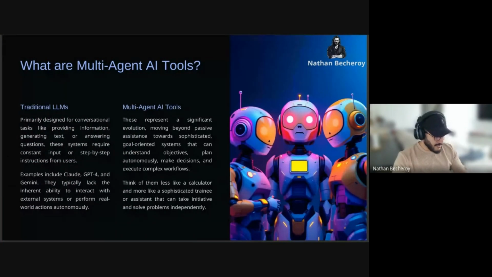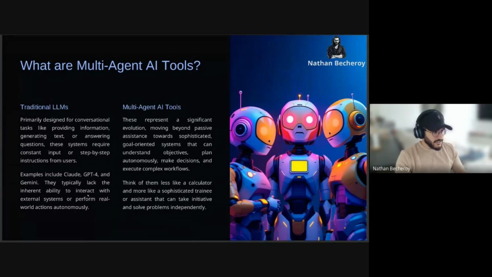So let's start by making a recap on what multi-agent AI tools are. As you know, traditional LLMs were designed for conversational tasks like providing information, generating content, or answering questions.